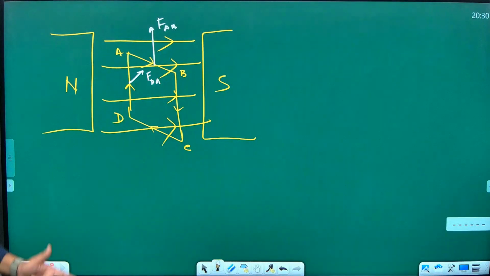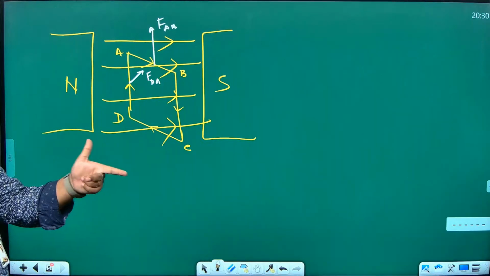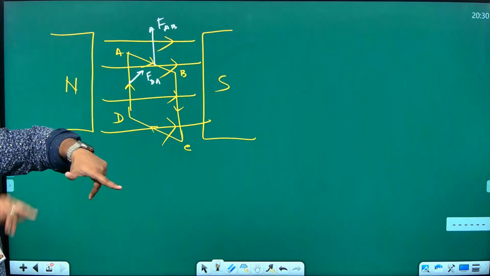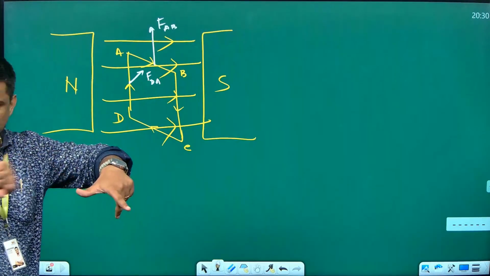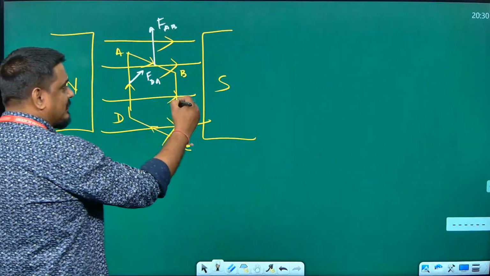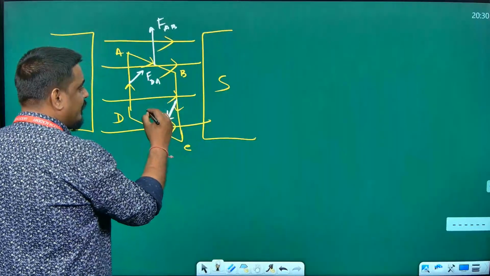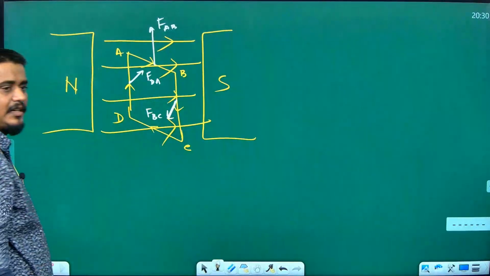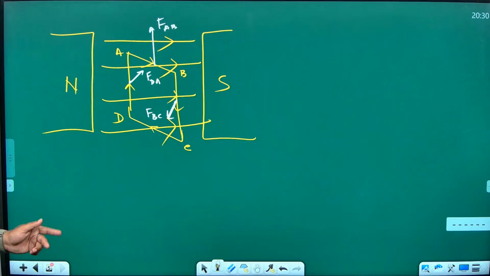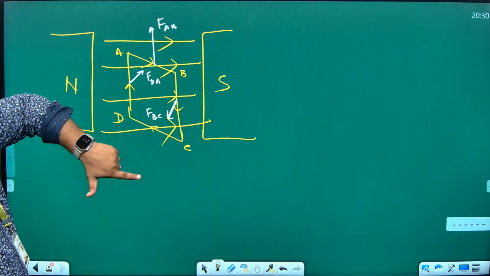What will happen for BC? Current like this, sorry, magnetic field like this, current downwards. So the force comes in an outward direction somewhere, right? So I am drawing it like this, F on BC. And what is CD doing? For CD, the magnetic field is in this direction, and the current is downwards,